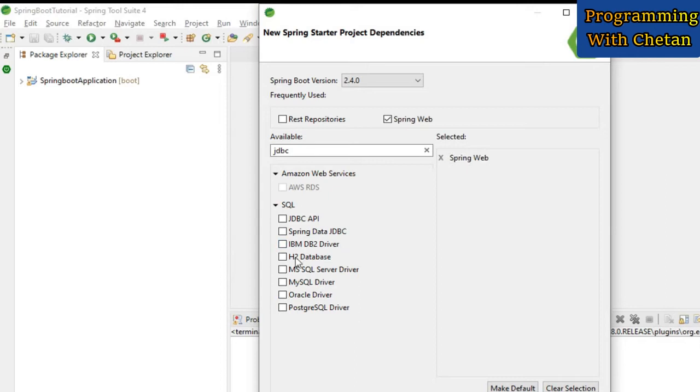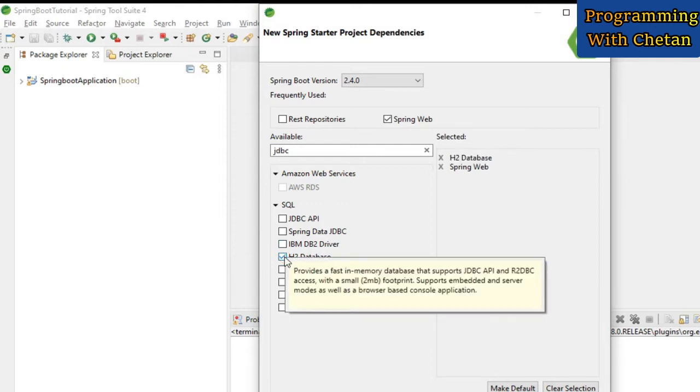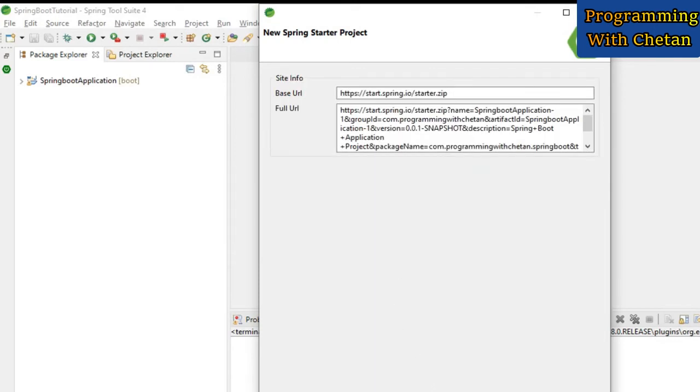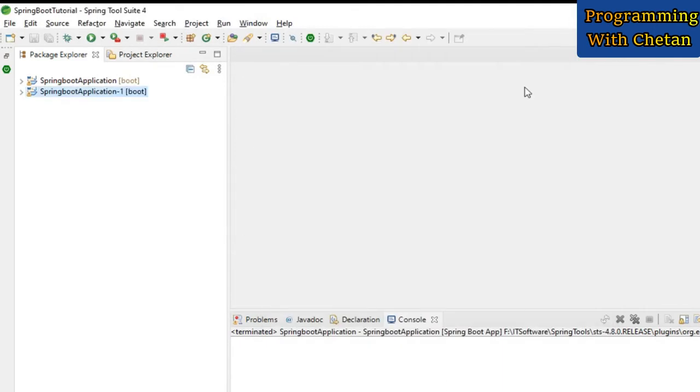And if you don't want to add an external database, then you can also use an internal or embedded database which is provided by Spring Boot, that is the H2 database. After selecting all the dependencies, you can click next and then finish. After clicking finish, you can see that a Spring Boot application is developed for us.